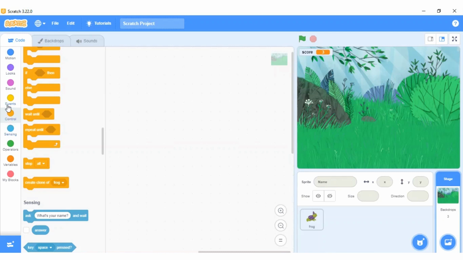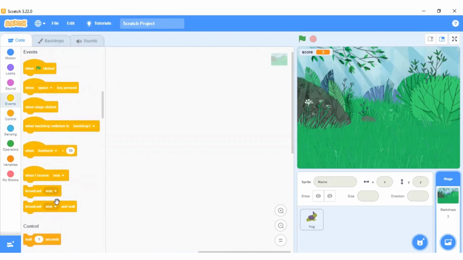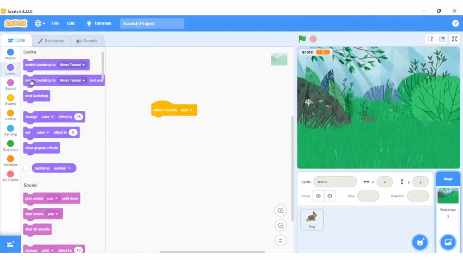Now next what we will be doing is, when I receive the 1 message, or when the 1 message is broadcasted, this backdrop, current backdrop forest, should switch to another backdrop. So from the events menu we will select the when I receive 1 block, and from the looks menu we will select switch backdrop to neon tunnel,